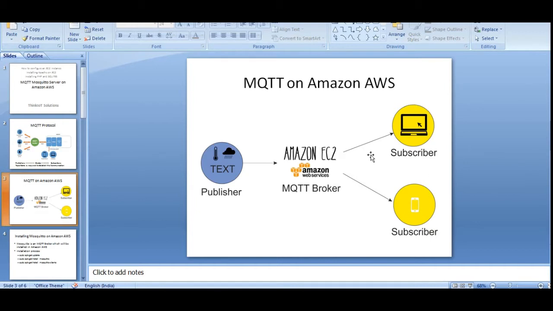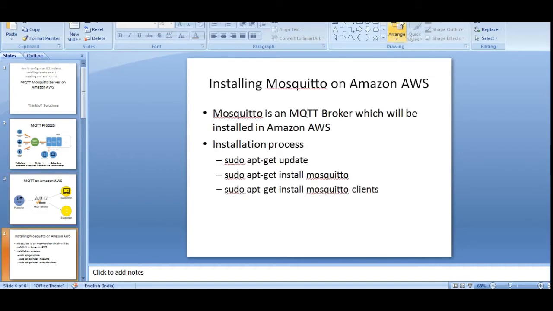The medium for exchanging information from the publisher to the subscribers is the MQTT broker, that is our Amazon EC2 instance. First we install Mosquitto, our MQTT broker, on the Amazon AWS, and then we will see how to exchange messages using that server.